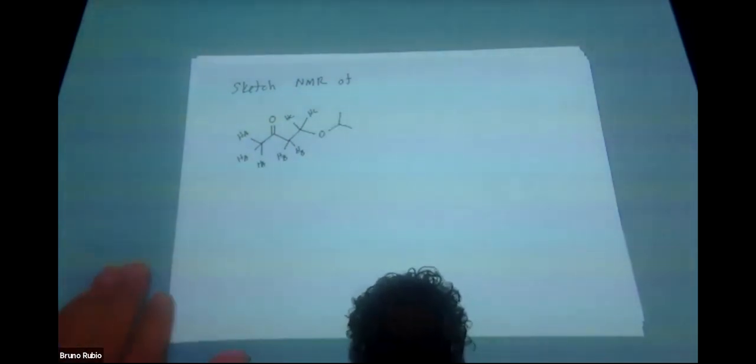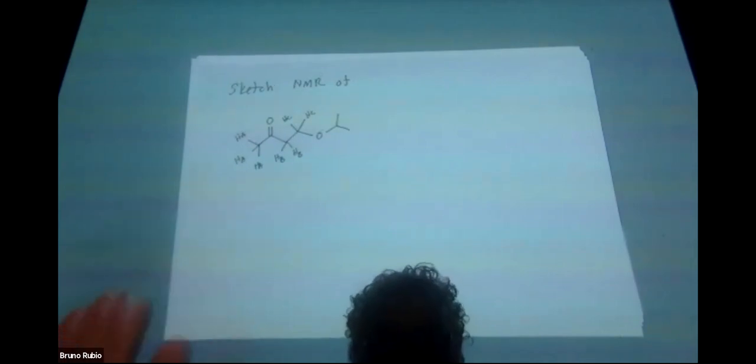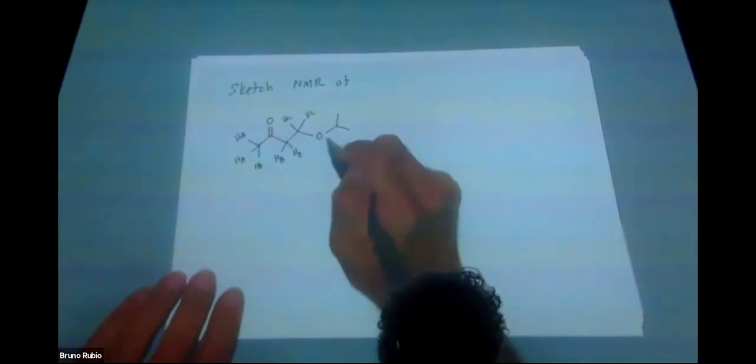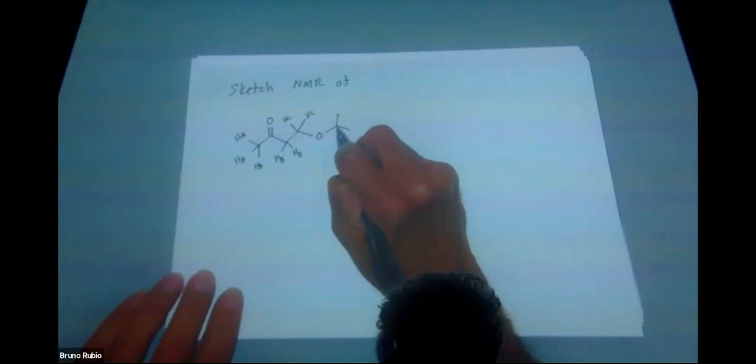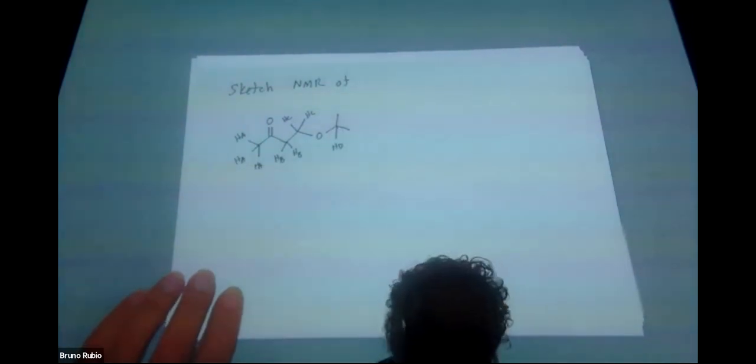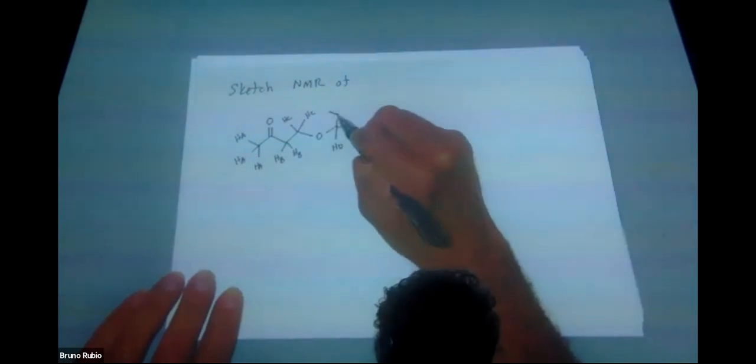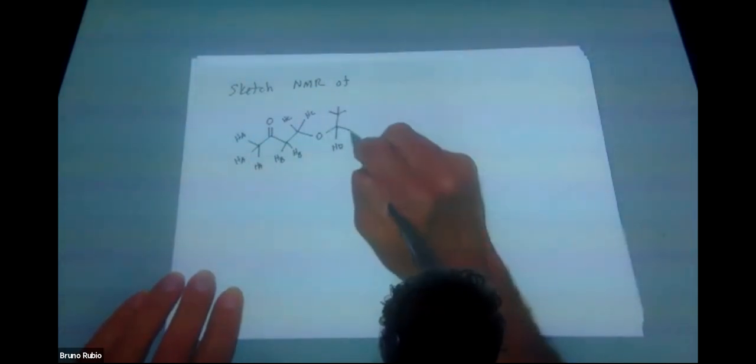There's no chirality centers. They will be equivalent to each other. Here we have an HD, right? And here's a methyl group. These 3 protons are all equivalent to each other. And here's another methyl group. These 3 protons are all equivalent to each other, but